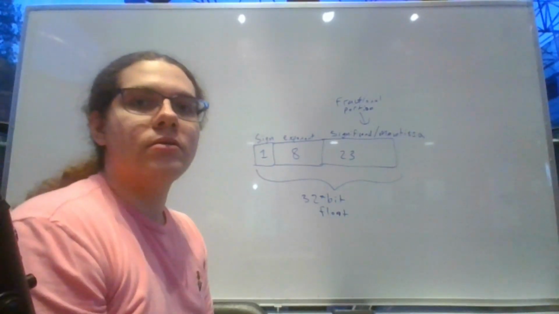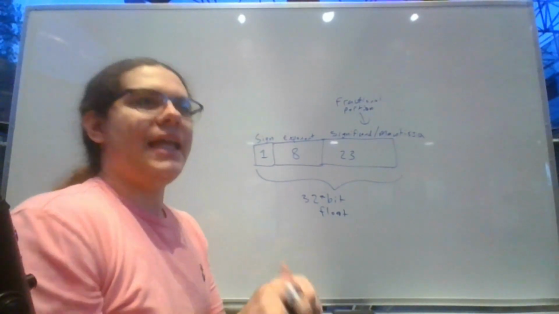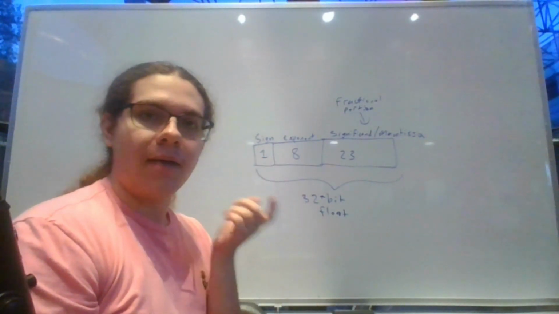So in the typical two's complement form, the way that we have integers stored, we have the topmost bit represents